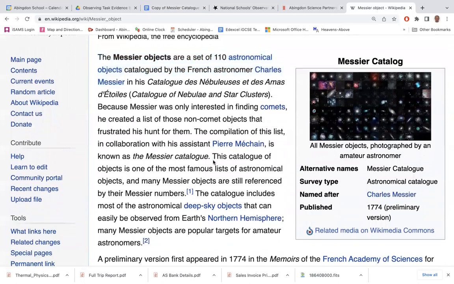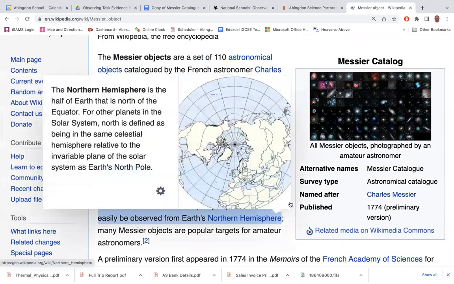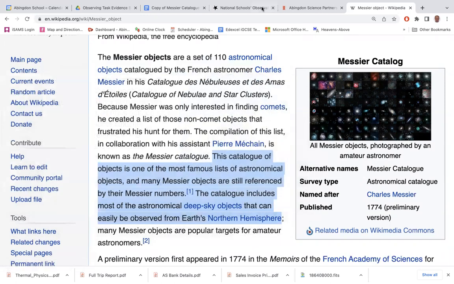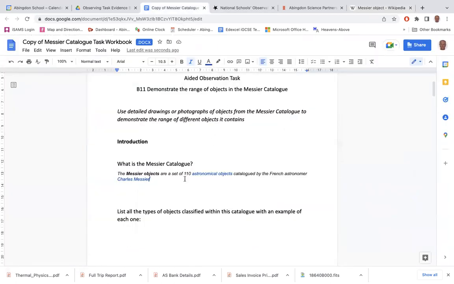Yes, we could put this catalogue of objects, one of the most famous lists of astronomical objects, and many Messier objects are still referenced by the Messier numbers. Okay, I think even the last bit is quite good. So the catalogue includes most of the astronomical deep sky objects that can be easily observed from the Earth's northern hemisphere. So that kind of sums up what the Messier catalogue actually is all about. So I'm going to copy that and put it into my document